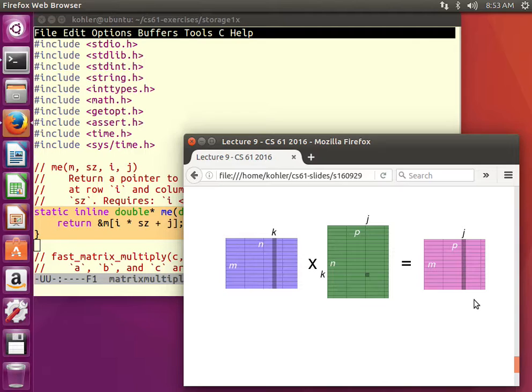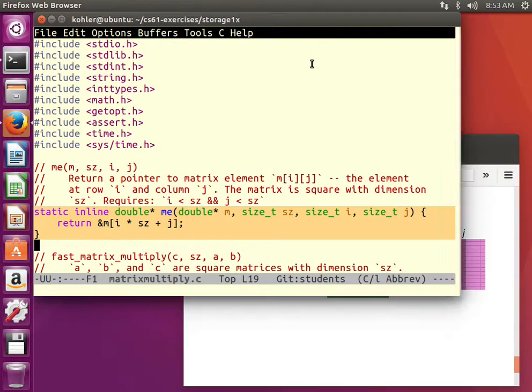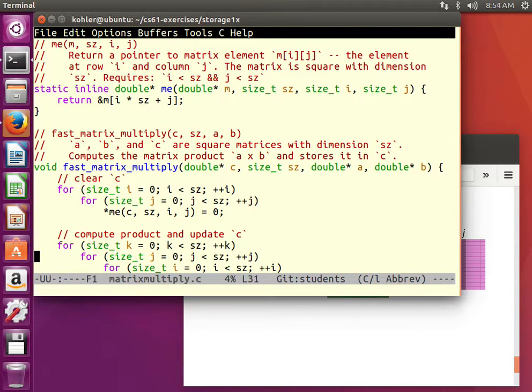So hopefully this picture and this reasoning will help you see how, just by changing the order that we perform some computations, we can really make the system run much, much faster. Is this the only way to do this problem? No, it's not. Another way that we could do this problem is by transforming the B matrix so that it was not in row major order, but was in column major order.